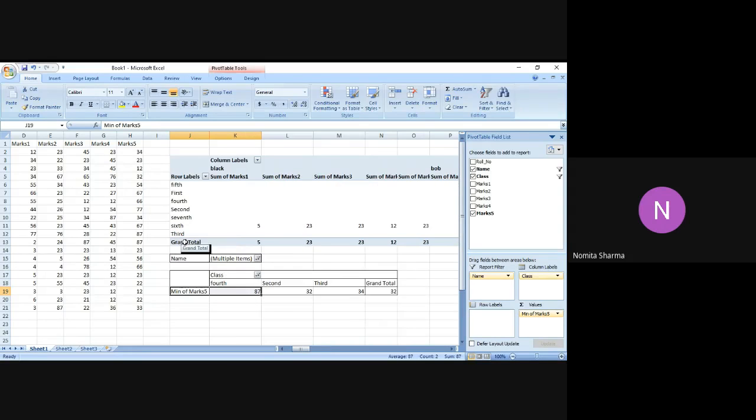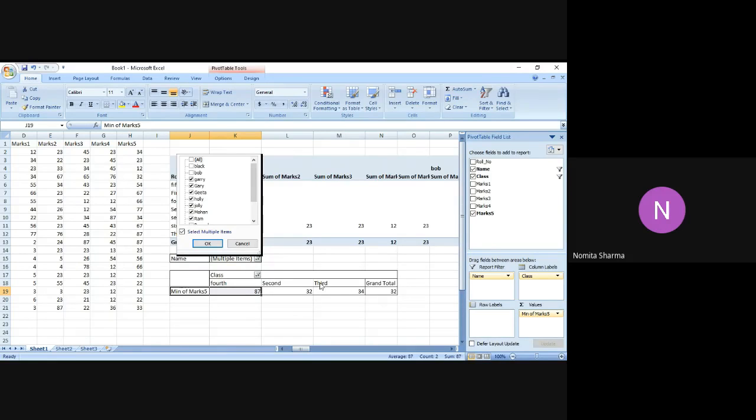So if I do that, you can actually see those very classes have come over here. So there are minimum marks for the fourth class, second class, and the third class. Reason being, if you see, these very names were appearing only in these classes, and all other names, even though I've selected more, the minimum is only this. So fourth, second, and third class will appear accordingly.